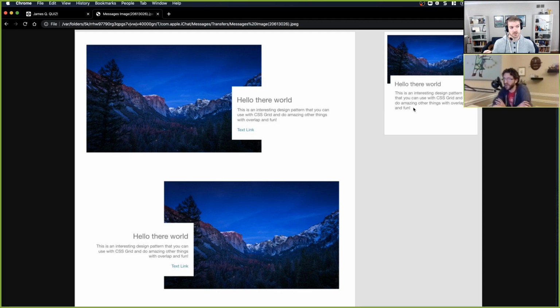So let me ask you this, James. Does every problem require a grid solution? It does. So if it wasn't a grid solution, you could just take away display grid, and then you could use your margin top to just take it up. You could use a negative margin top, or you could use a transform translate Y to do it. Either way.